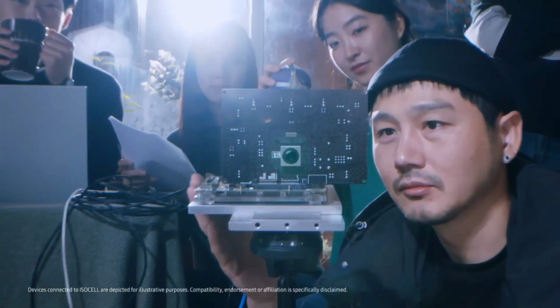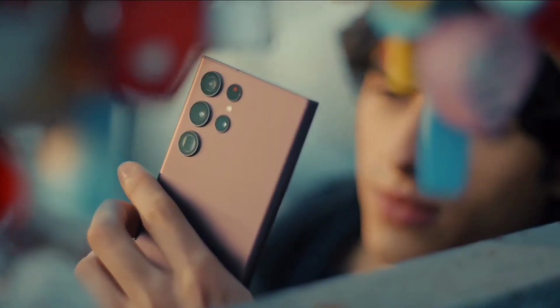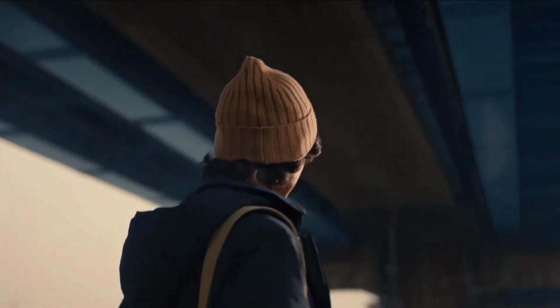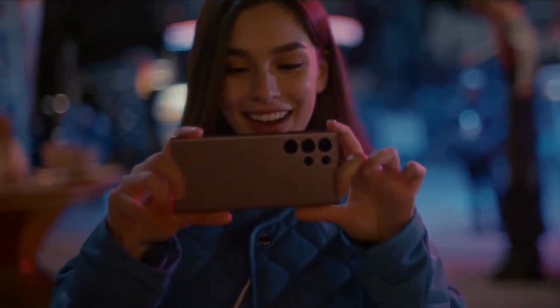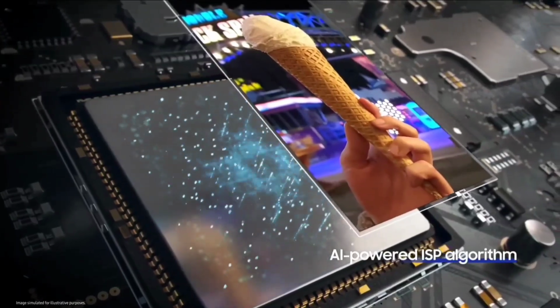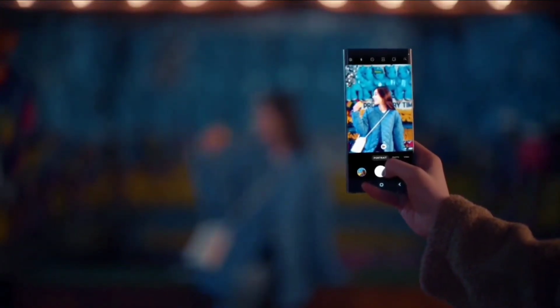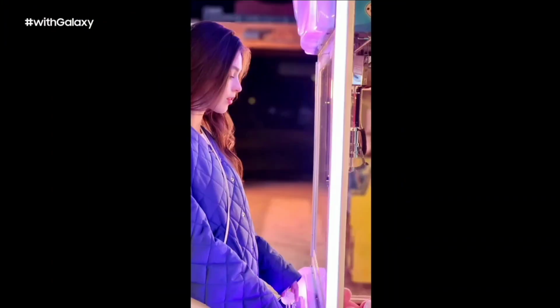So a few months ago, Samsung unveiled its new 200 megapixel ISOCELL HP1 camera sensor for smartphones. Although it hasn't been used on any smartphone so far, there are rumors that Samsung is going to use it as the main sensor on the S23 Ultra, as the successor to the 108 megapixel sensor on the S22 Ultra. But that seems far away, and Samsung can't wait to show how much detail its new sensor can capture